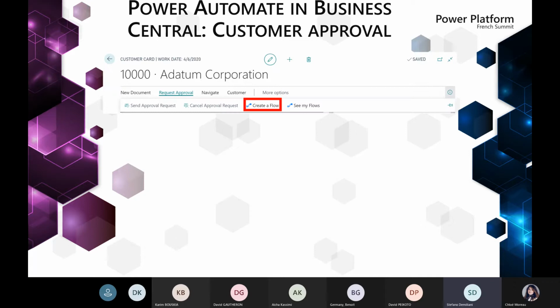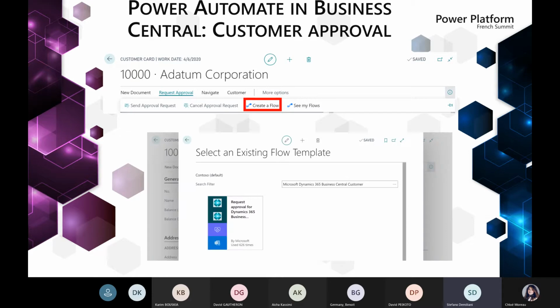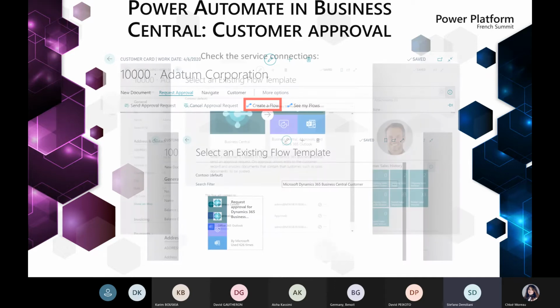So, for example, for the customer approval, you can simply go into the customer card. You can create a flow from here. You can select an existing flow template. So you can start from a template, the request approval for a customer, for example. When you select them